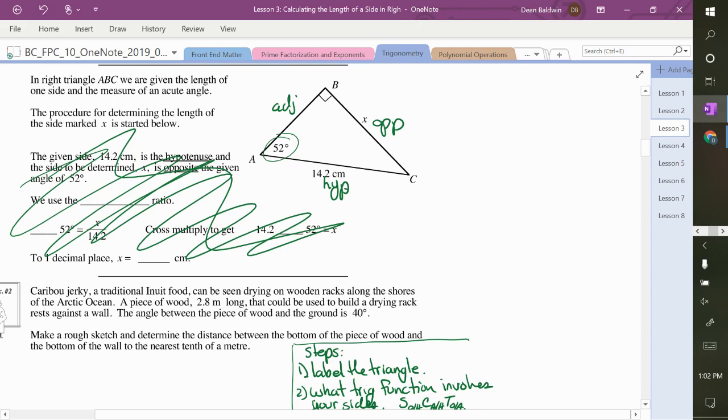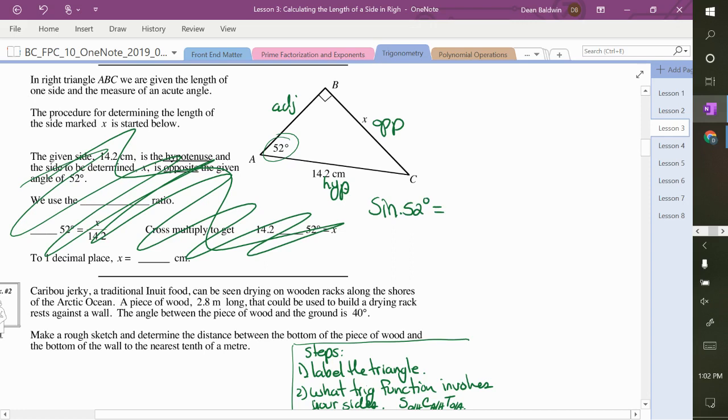So we go sine. Now, what always goes with the trig function? What number? The angle. Whatever the angle is, always goes with the trig function. So we go sine of 52 equals,